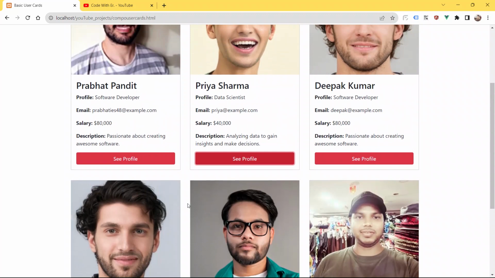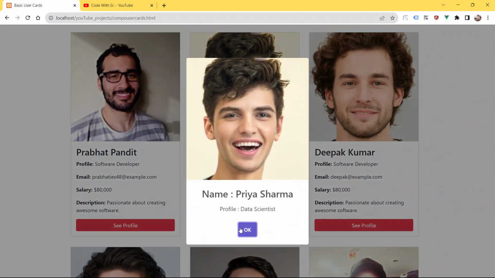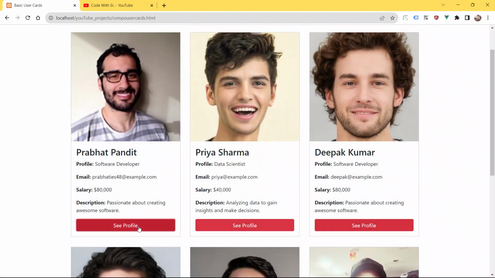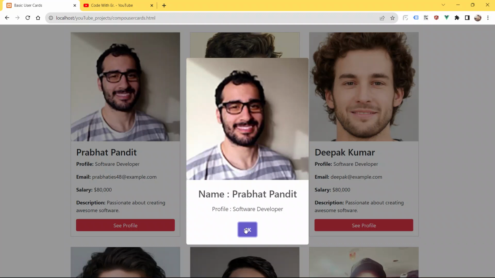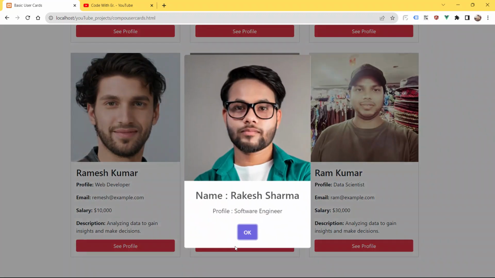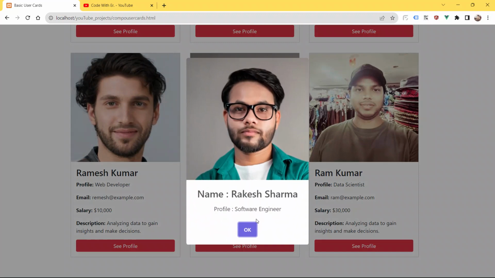As you can see here, I am using Sweet Alert to pop up and display information about the user. Whenever you click the button see profile, you will be able to see all the information about the user. Name Prabhat Pandit, profile is software developer. Name Rakesh Kumar, profile is software engineer.